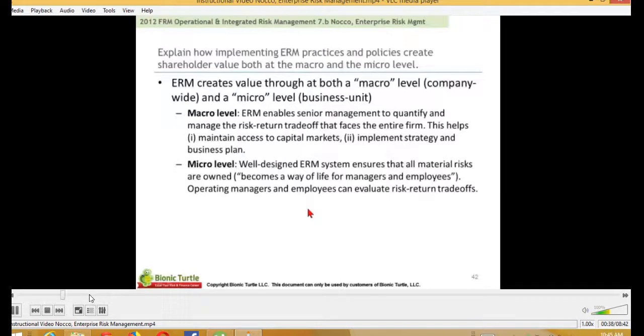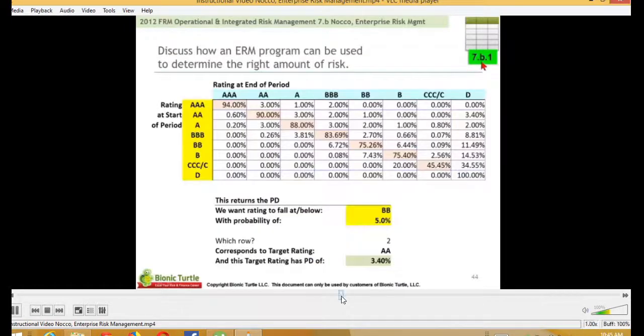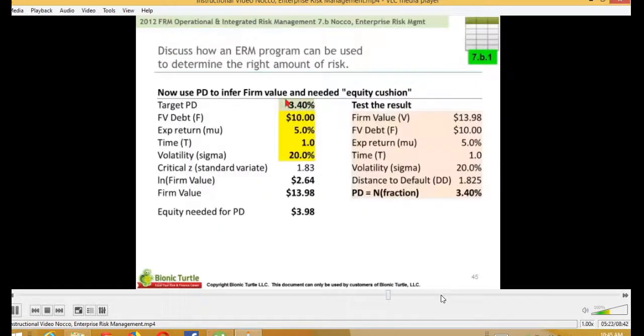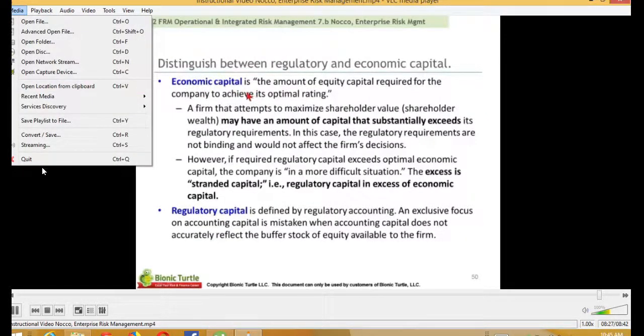This way, enterprise risk management can create value with credit rating agencies. Management can articulate a target rating, and there is a migration matrix spreadsheet that I have in that course. So now the risk and equity, and make a point about where Stulz says that